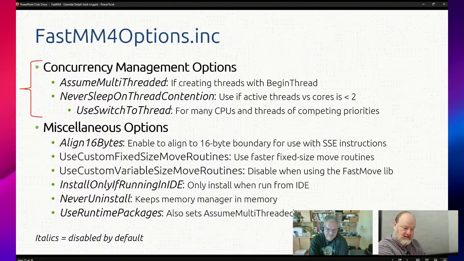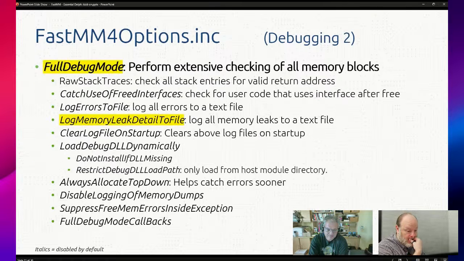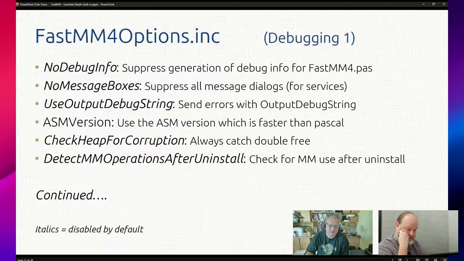Let's see. What's the other one I wanted to call out? Full debug mode, which we're going to talk about a little bit as well. Sorry, if I can point something out, just crossed my mind. If you go one more back.